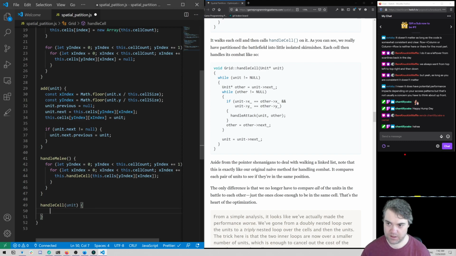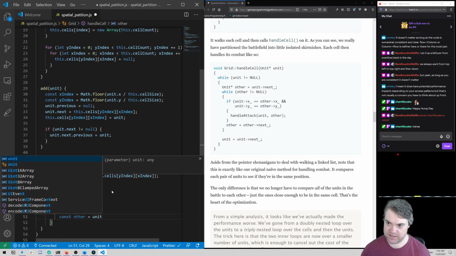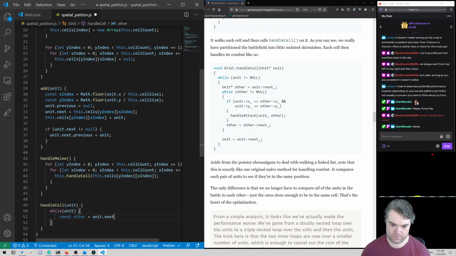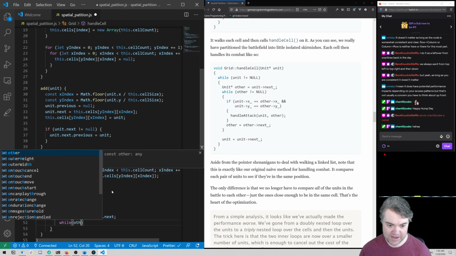Okay, so while unit, as long as it's truthy, while unit is an object, not null. Unit other. So we're going to create an other: const other equals unit.next. And then another loop inside of here, while other is not null. So while other exists,